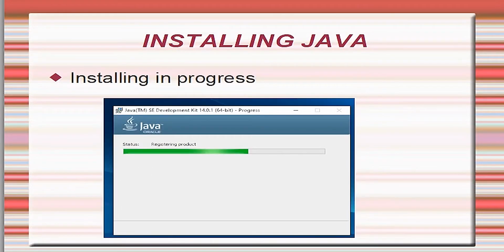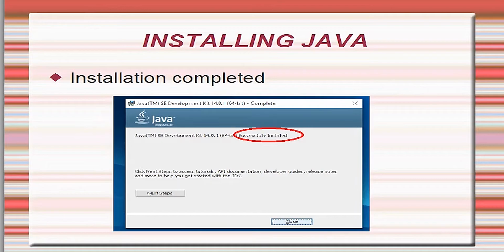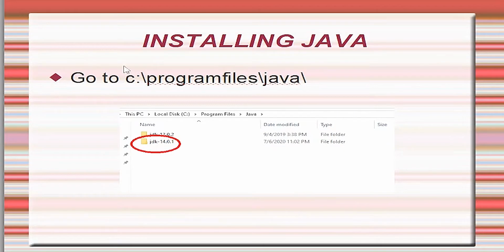After clicking on next, it will start installing into our machine. Finally we'll get this message: successfully installed. Now to check whether Java was installed in our machine or not, go to the installed folder, that is C program files and Java.